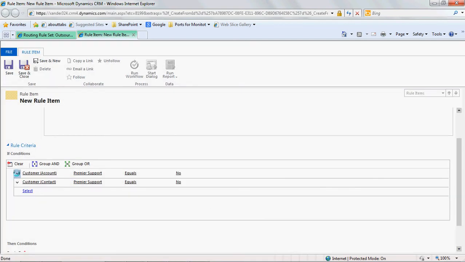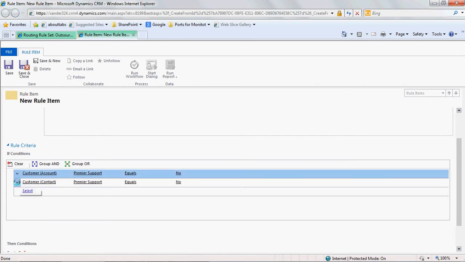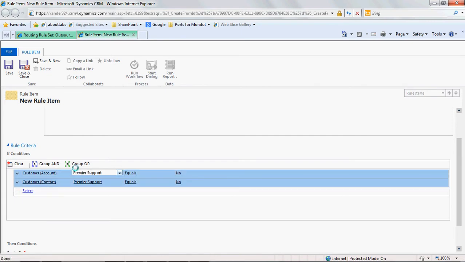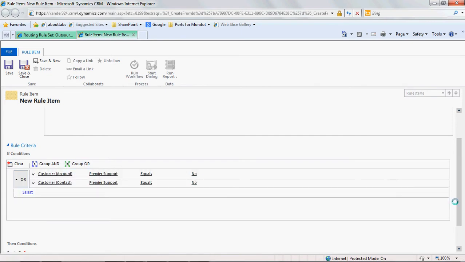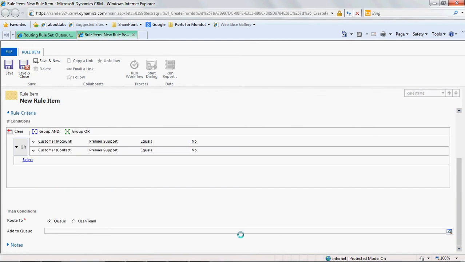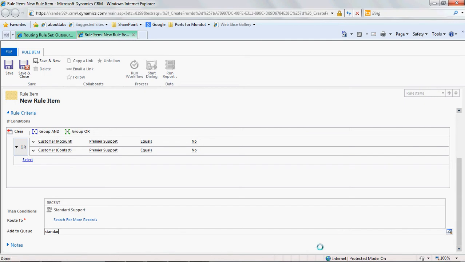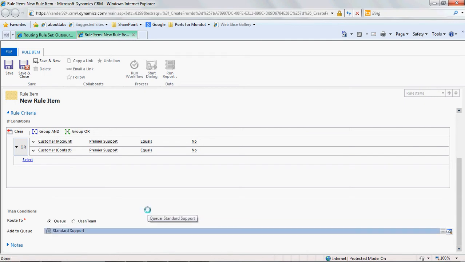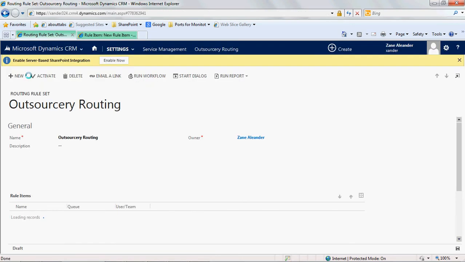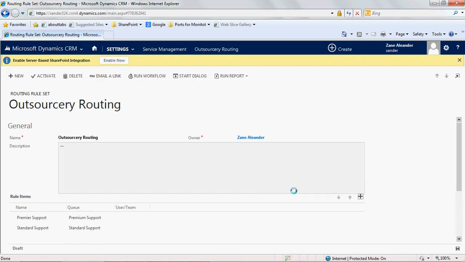Make sure, of course, to add my or condition. There's my group or, and I'm going to route this one to, just type in here, standard support, and save and close. Just going to add one final rule item, and I just wanted to make the point